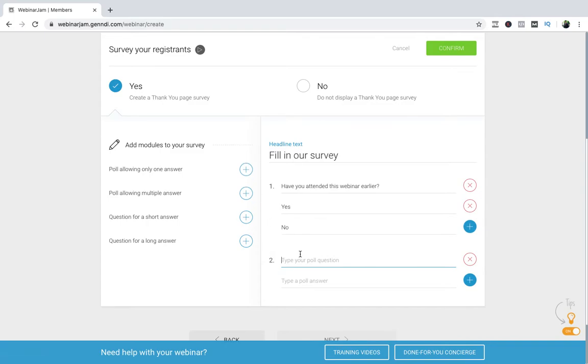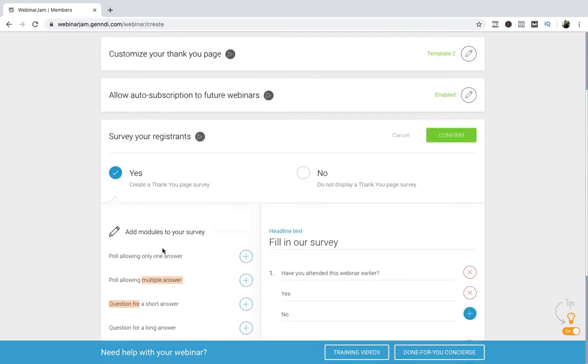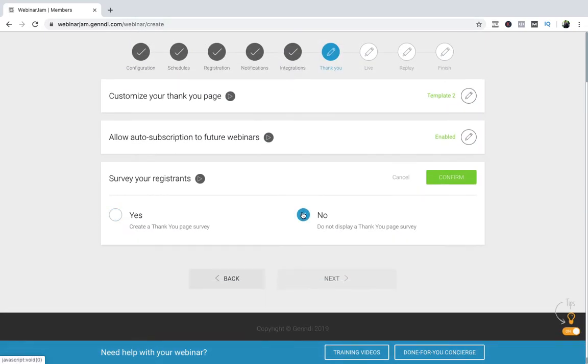If you click here, it will be the second question. This option is basically a poll allowing only one answer. You can have multiple answers also. You can have a question for short answer or long answer. Whatever is your choice, you can have that. Otherwise, if you don't want it, just click no and confirm.